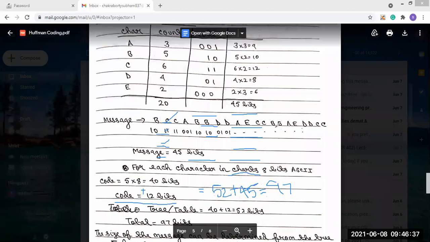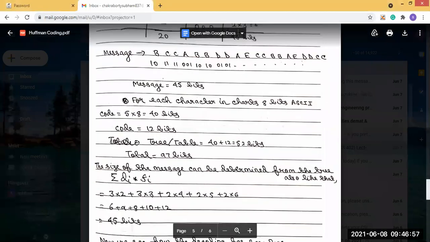So now we will move on to how we have reduced the bits here. You can see we have reduced the bits here. The size of the message can also be determined from the tree. The message is determined from the table, but the size of the message can be determined from the tree also.